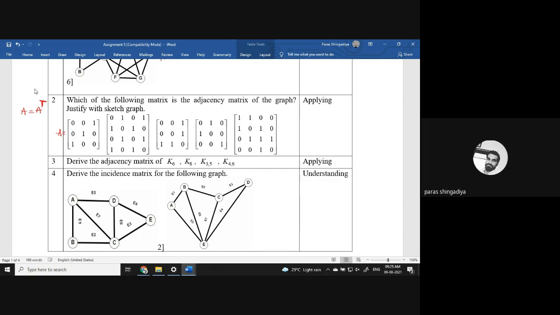अगर वो symmetric matrix है then it is square as well as symmetric, ठीक है. अगर square होगा and if it is not symmetric then it is not adjacency form, clear. But first we check that it is square, and then the second important condition, ठीक है, it should be in symmetric form, clear. A should be equal to A transpose. So check this first matrix, that is A here, and if we consider its transpose, ठीक है, what will be the transpose of this first one? A transpose is equal to